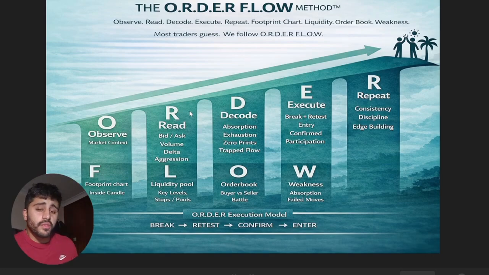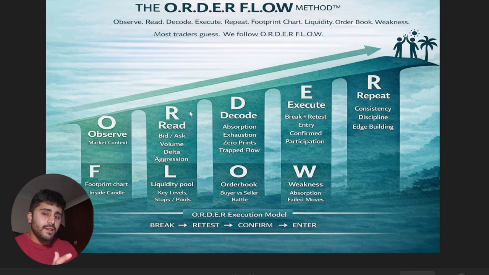And the most important thing is, once you have O, R, D, and E, you want to put that into a repeatable system with consistency, and that's how you build your edge. And we do that through order flow. That's obviously through footprint charts, understanding where liquidity actually is, not just using an ICT model. You actually want to understand where the liquidity is. You do that reading the order book, or the orders that hit the footprint charts, and you want to identify